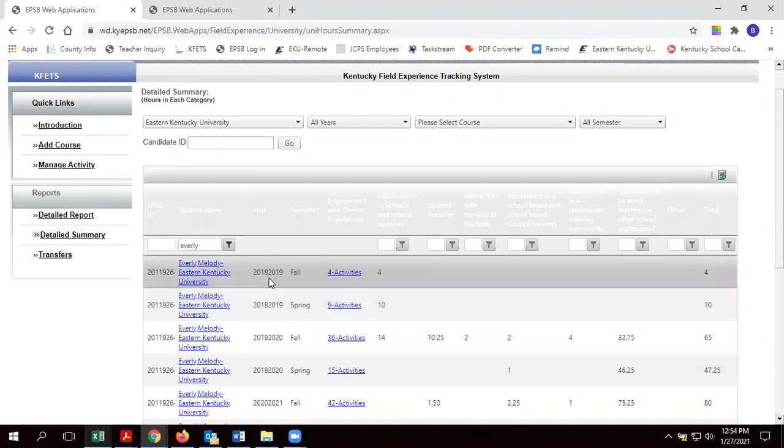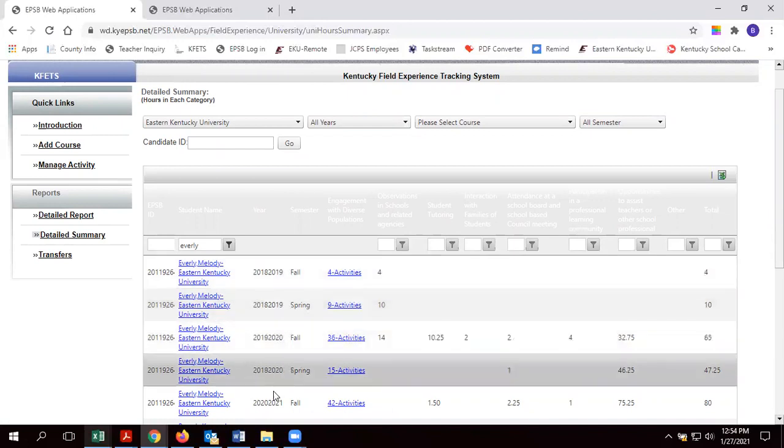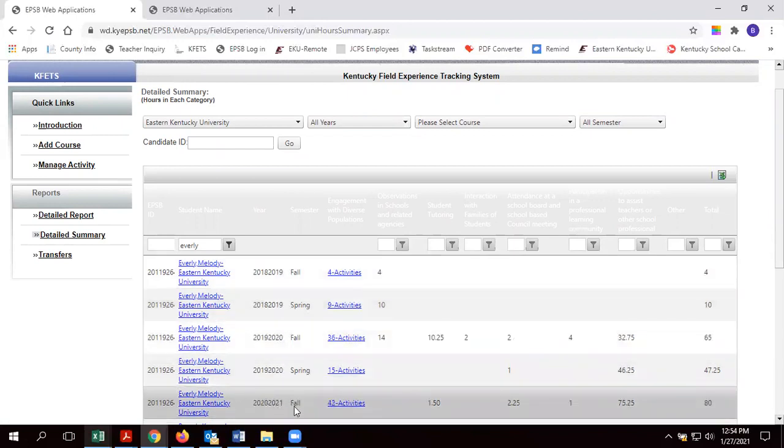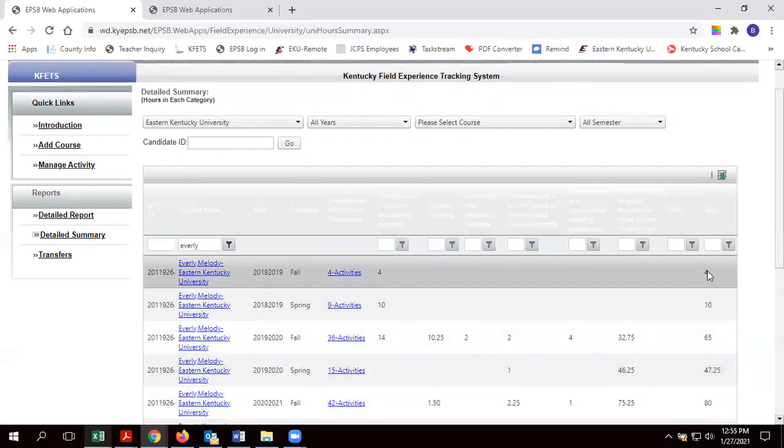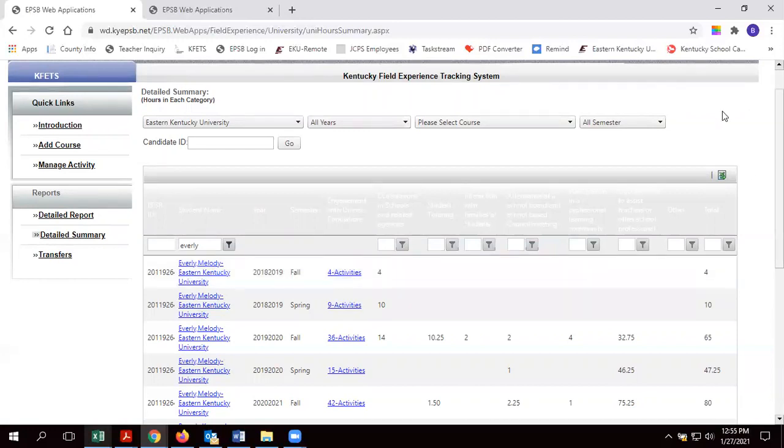So as you can see, she began in the fall of 18. And as you can see, she did 450 this past fall. She's currently student teaching. So this is a good way if you need to see that they have all 200 hours that's required prior to student teaching. So again, you have a multitude of ways to look up individuals. You can use that Excel spreadsheet. If you want to look up candidates by a particular course, or you want to look up a particular candidate